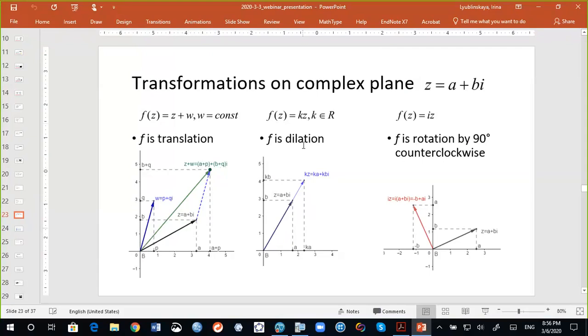We can think of this as a translation because it directly relates to translation as we do it in geometry. Now, what happens if we multiply a complex number by a constant which is real? Then both the imaginary and real parts will multiply by this number, and we get a vector in the same direction which is longer by this constant, so it's a scaling or dilation in geometry.